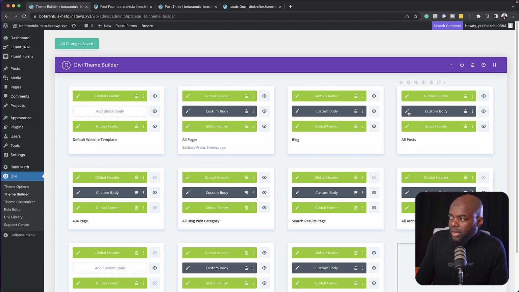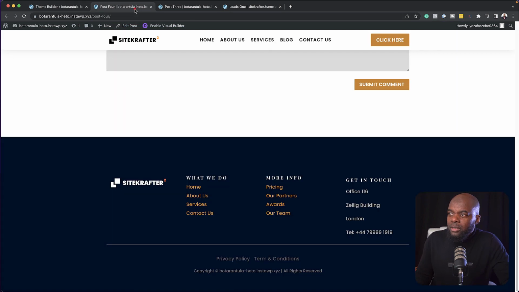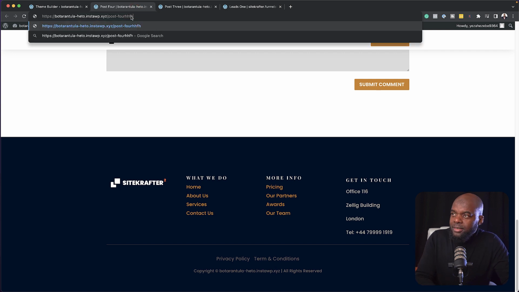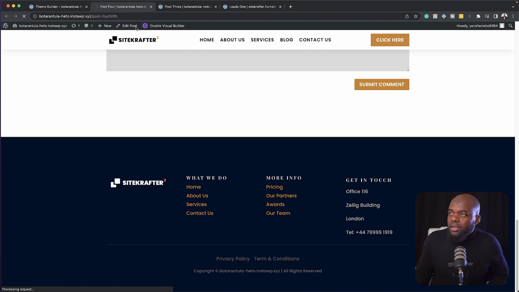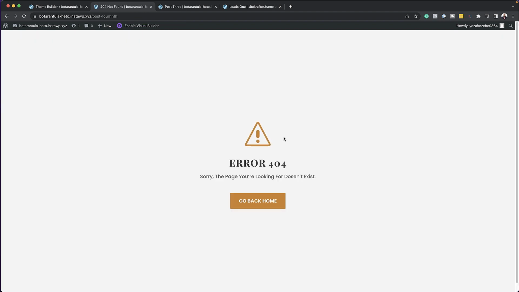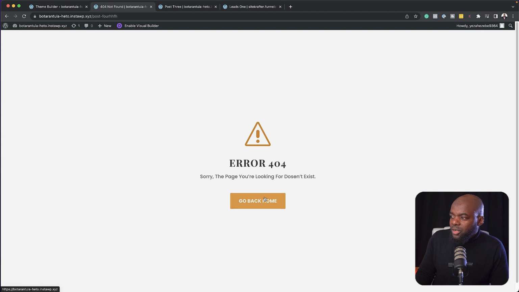So this is where you would come and make your changes. Now, this child theme also comes with your 404 page. So let's say someone comes to your site and they're trying to search for a page that doesn't exist, and they hit enter. What happens now is you are going to get a basic 404 page that looks like this. So all I have to do now is to click on go back home, and this will take me back